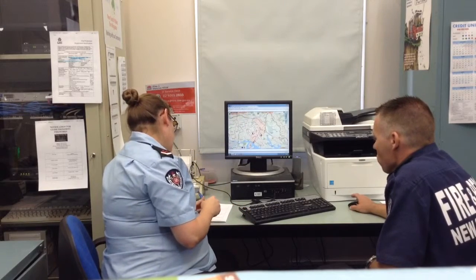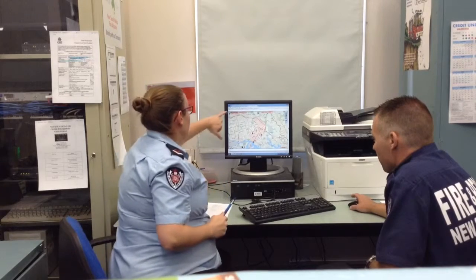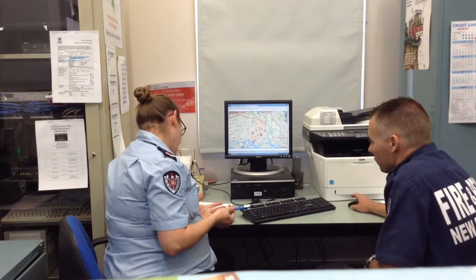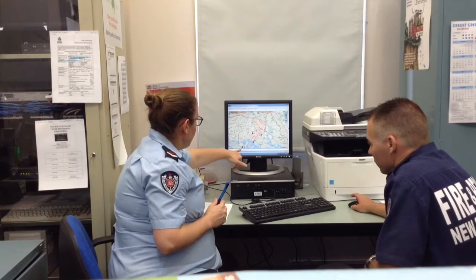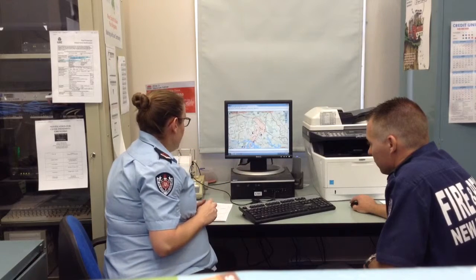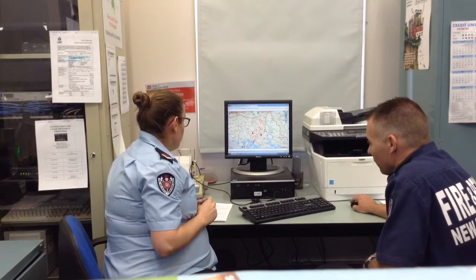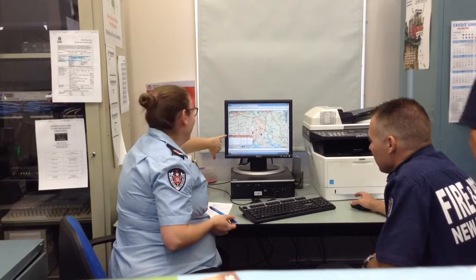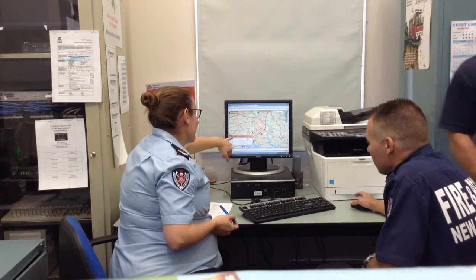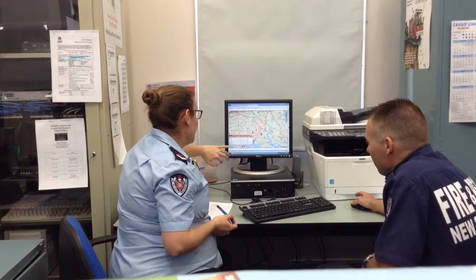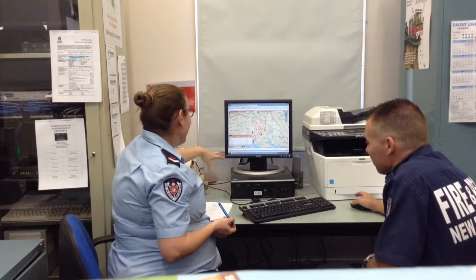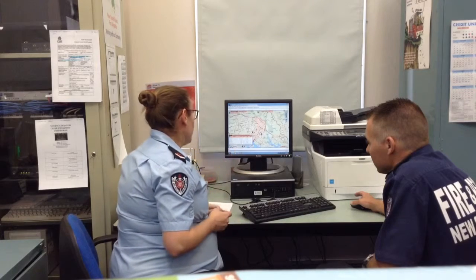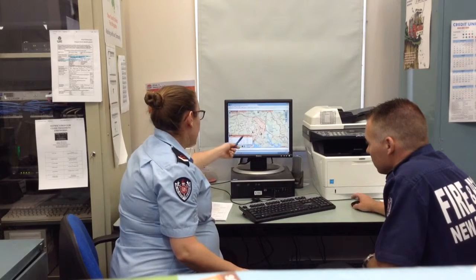So in this mode that we're in, the community risk profile, the other things that you can find out is some information from the ABS. So down here, this little blue button, if you click on there just once, it'll pop up with population, social characteristics, labour force, housing, built environment. And this is for our station area. And then it tells you the percentage in our area versus the state average for a lot of things. So if you click on, say, housing,